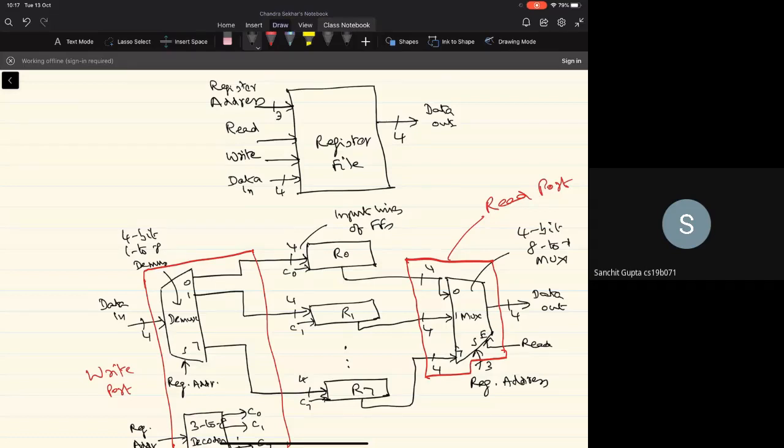If I extend that to the memory unit, I need a multiplexer of size 2^k to 1 and a demultiplexer 1 to 2^k. If k is going to be 20 or 30, what will be the specification of the multiplexer? It will be 2^10 to 1 and 1 to 2^10 in the case of k equal to 10.